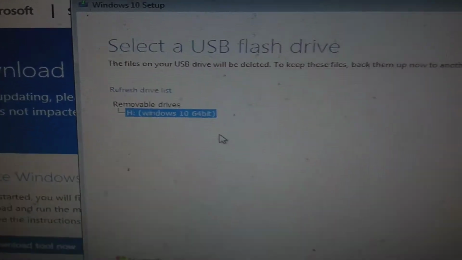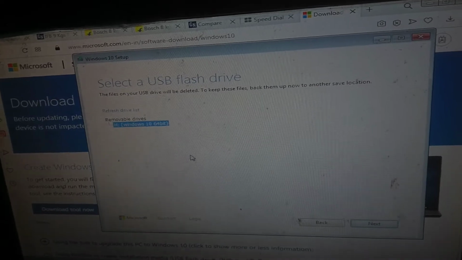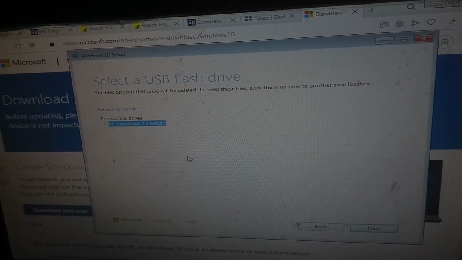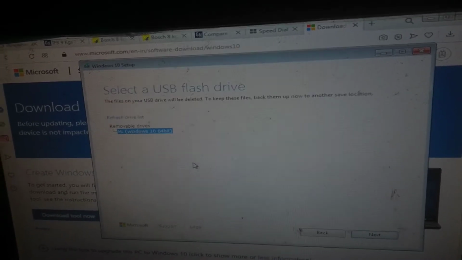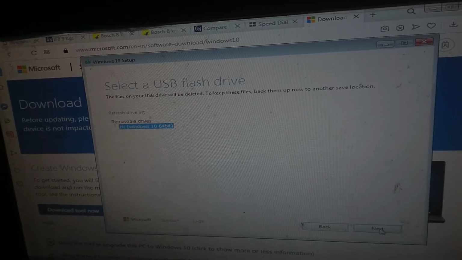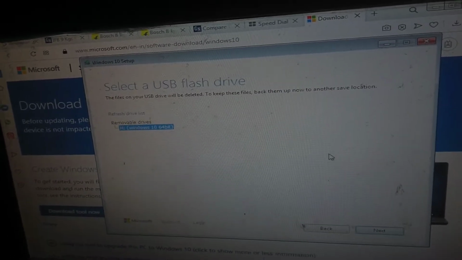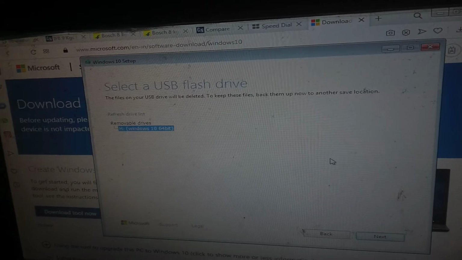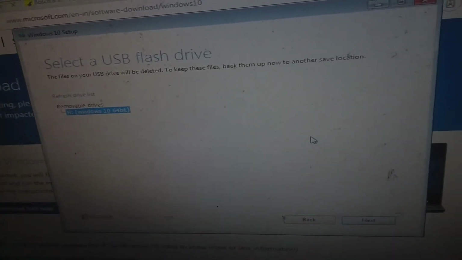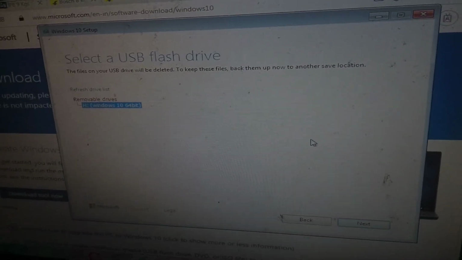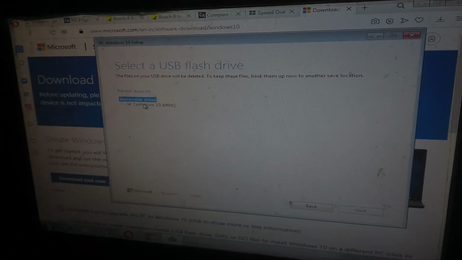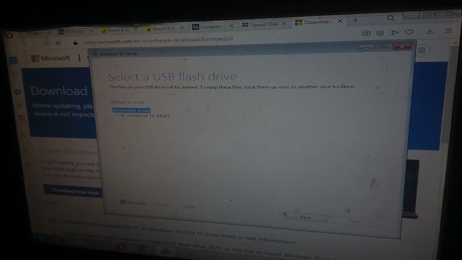But this is easy. You can directly insert a pen drive, it will detect and select the pen drive, and click next, so that it will download the files required for Windows and make you a fully loaded bootable disk. Okay, guys, click on next. I have already done another method, so I am not clicking on next now.